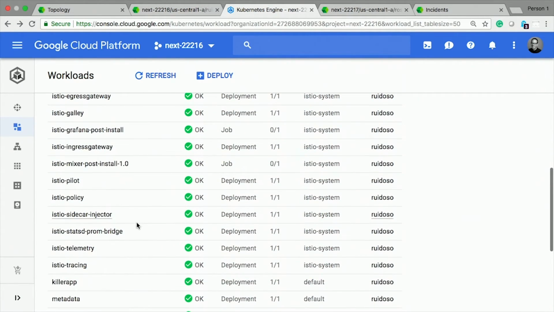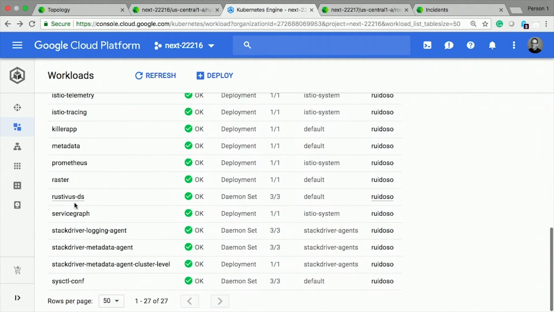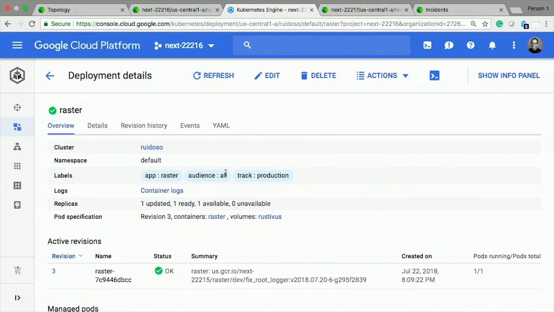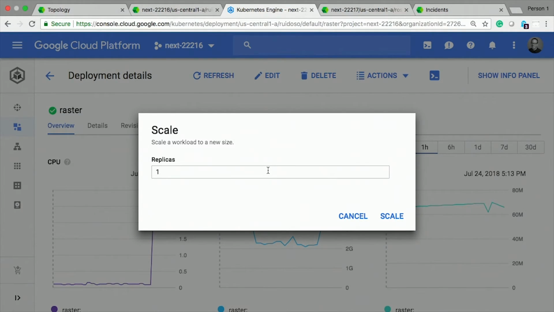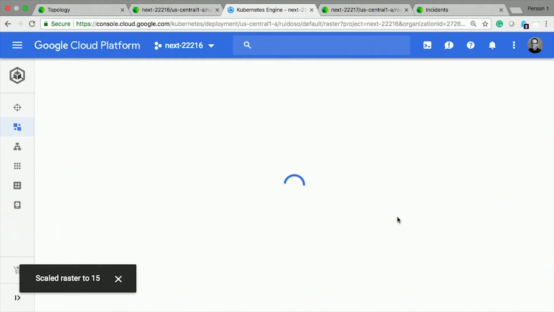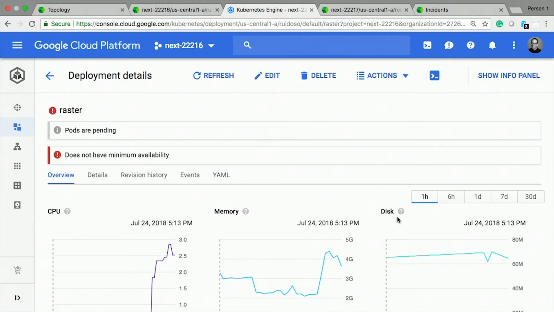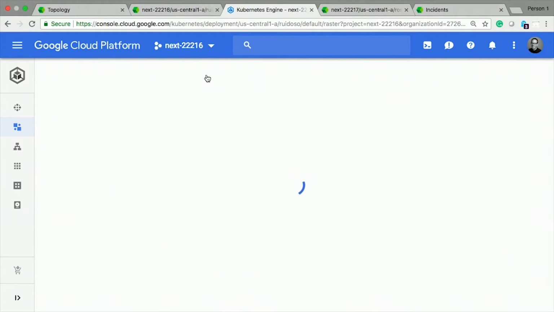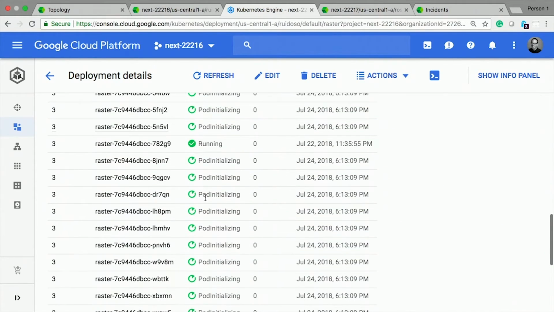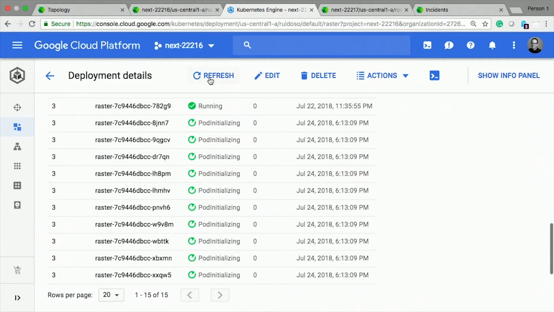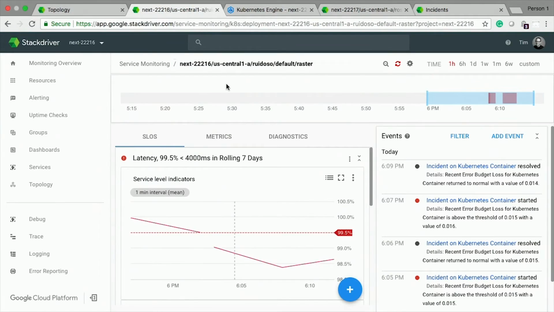So what I'm going to do on the back end: I've seen that raster is where all those core requests are coming in. Probably we didn't set our HPAs correctly. Maybe we're not scaling on the right metrics. Maybe we need something more specific. But I'm going to scale this up and try to get the service back in compliance. While these pods are initializing,